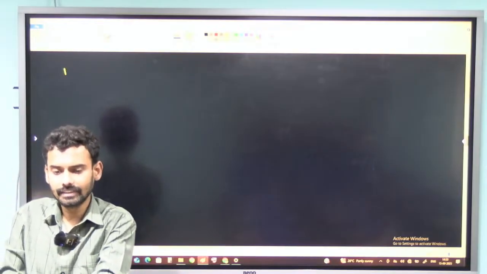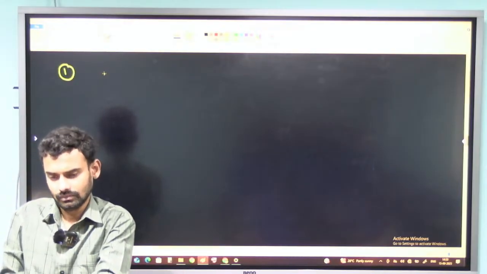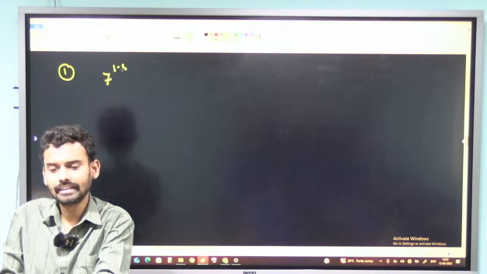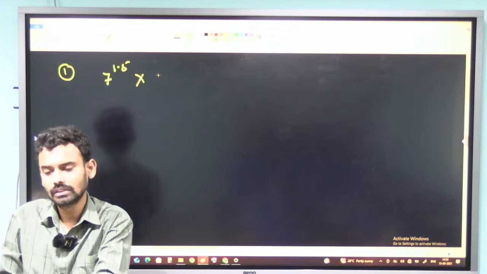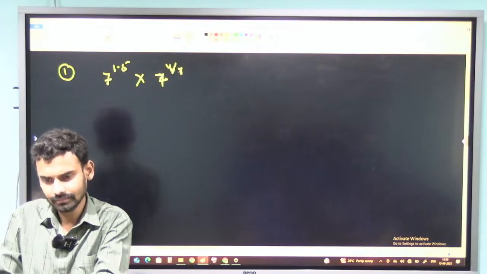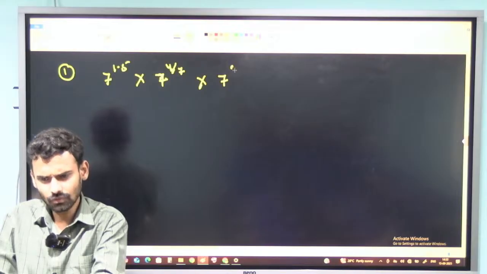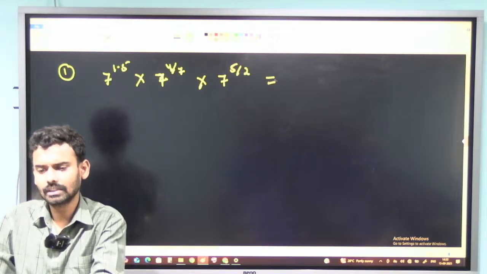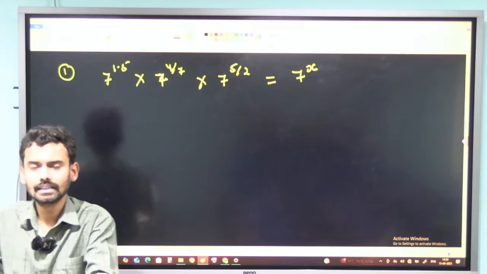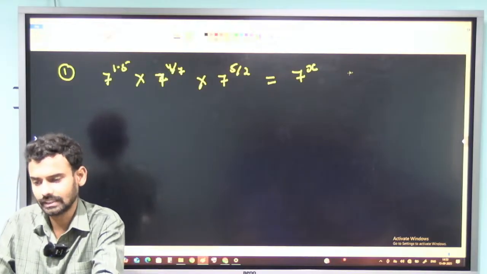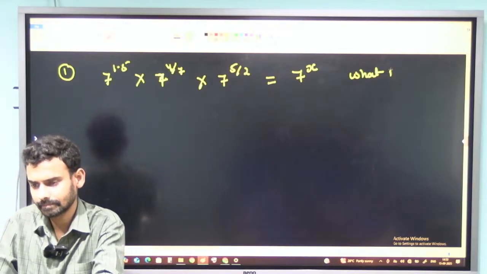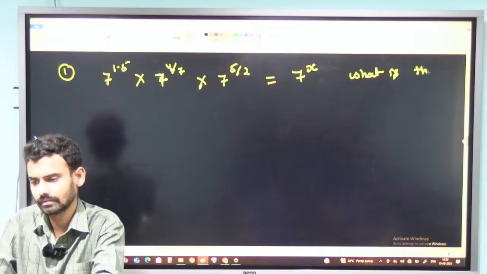Let's consider the first problem: 7 to the power of 1.5 into 7 to the power of 4 by 7 into 7 to the power of 5 by 2 is equal to 7 to the power of x. Let's find the value of x. What is the value of